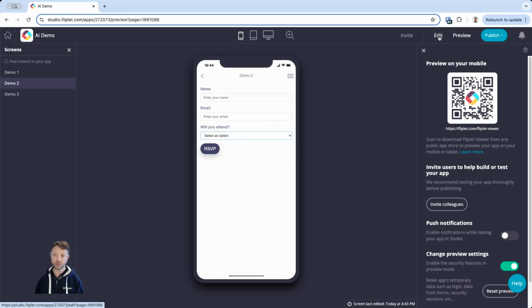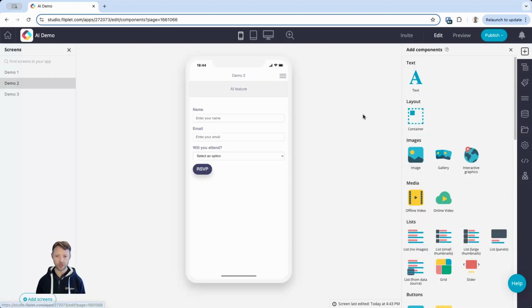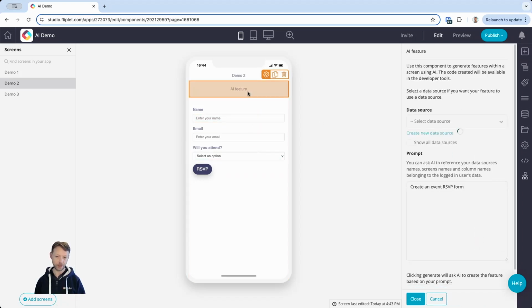Now I haven't told it to store any of the data in a source. So at the moment it wouldn't do anything. I could click RSVP, nothing would happen. But let's see if we can do something more sophisticated. So create an event RSVP form, store the data in the data source, and add a list of activities if the user selects cycling. Ask the user for their height,